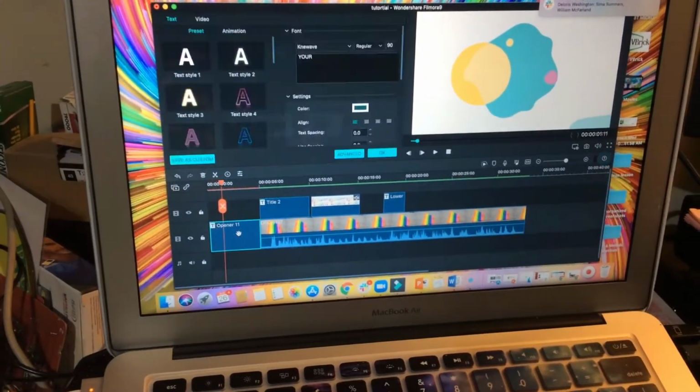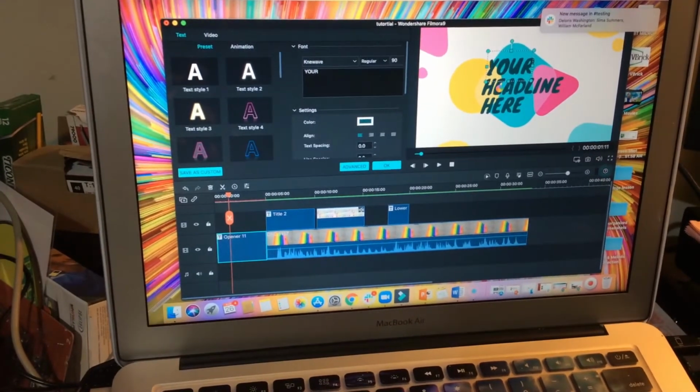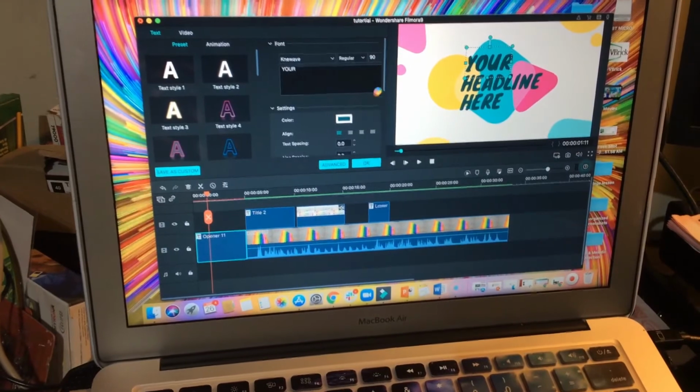And then the same thing to edit your text. Double click the box, and then your headline goes here. Then you edit your text,